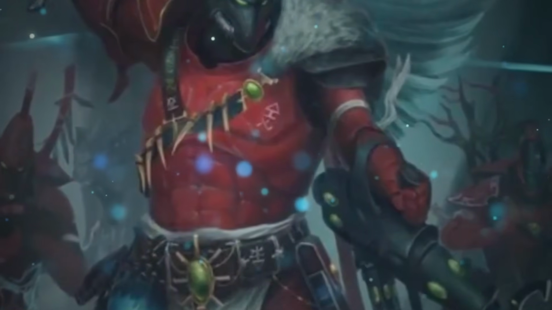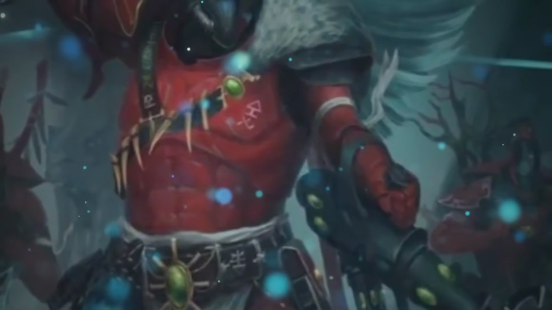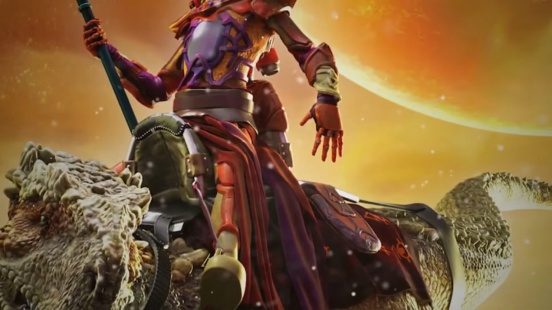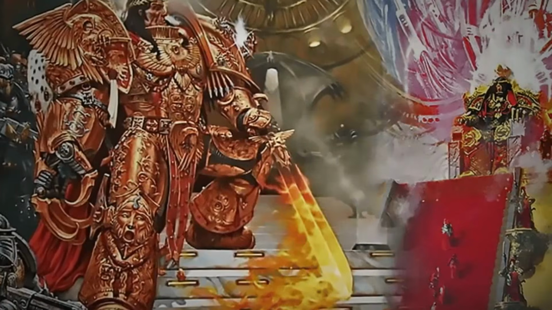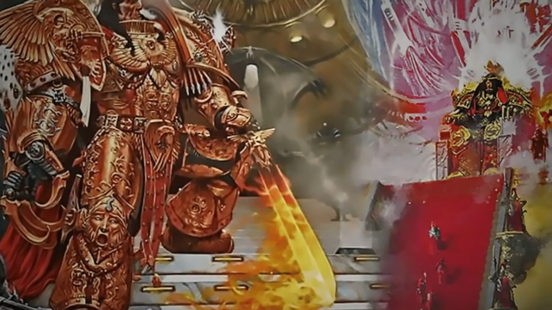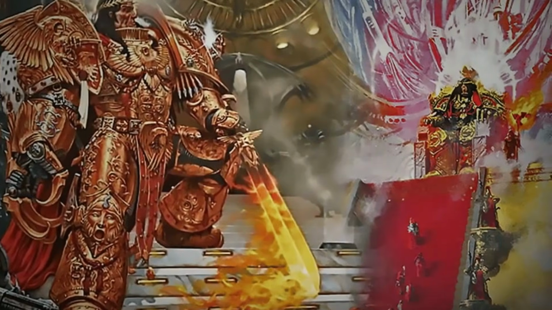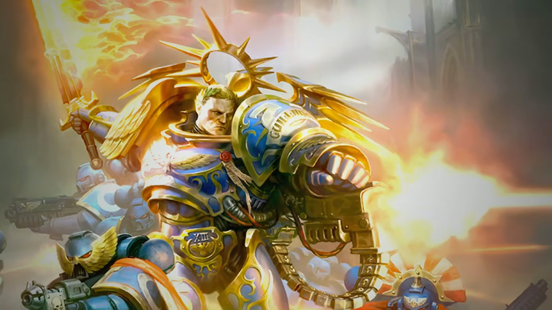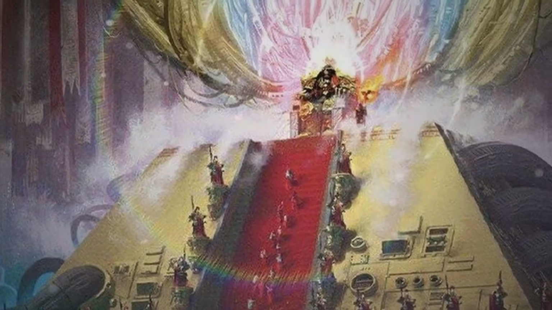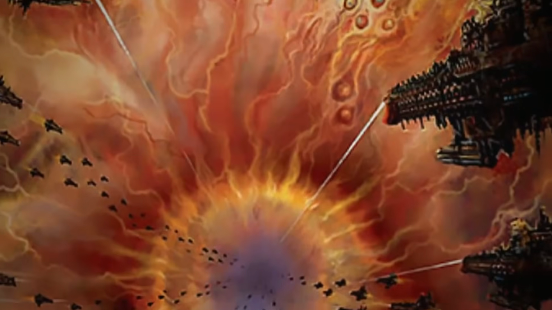Their technology was not just advanced, it was almost magical, capable of feats that would defy the understanding of even the most brilliant minds of later epochs. They built vast star-spanning networks, terraformed barren worlds into vibrant paradises, and established intricate webway portals, a network of extra-dimensional tunnels that allowed for instantaneous travel across unimaginable distances. This webway, as it would come to be known, would play a critical role in the future of the galaxy, a legacy of the Old Ones that would endure for millennia.